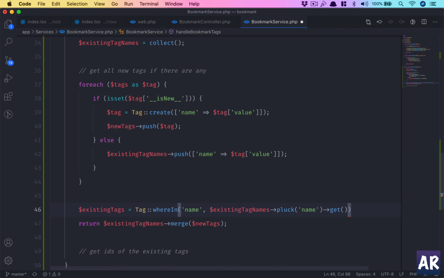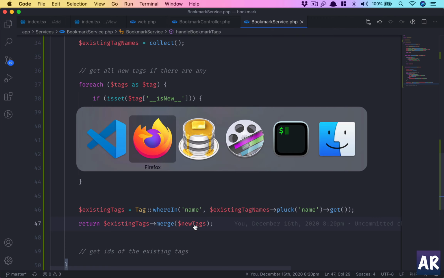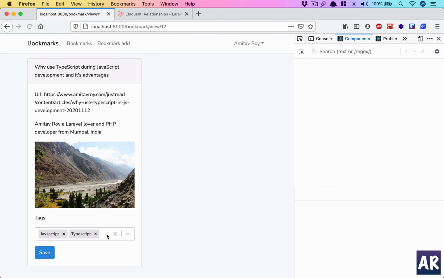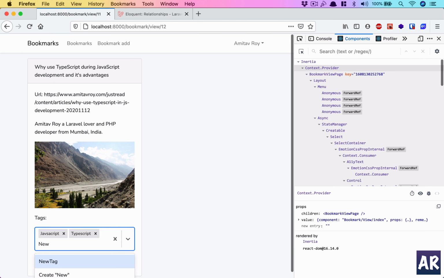So it will return me an array of all the names, which is going through a where in condition. I'll get all the tags, and so I'll do tags merge new tags, which will mean now if I refresh and I do new tag 1, okay,